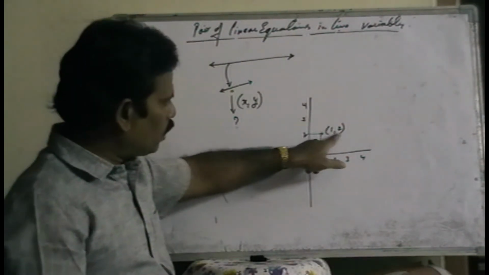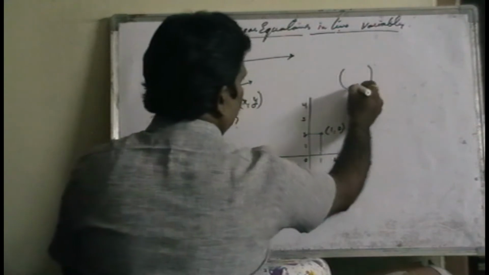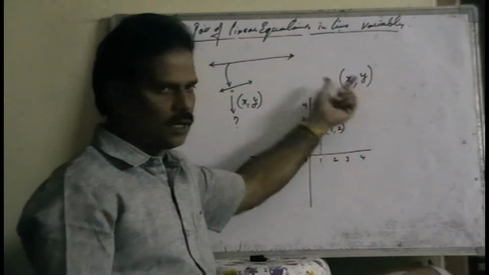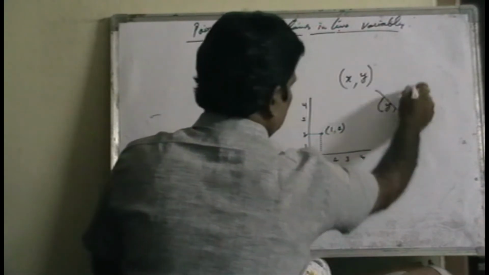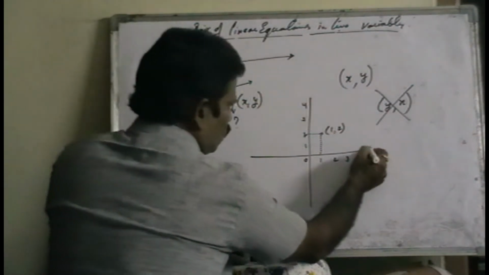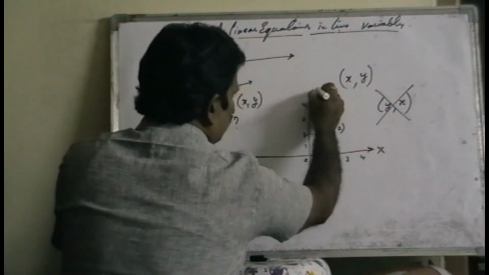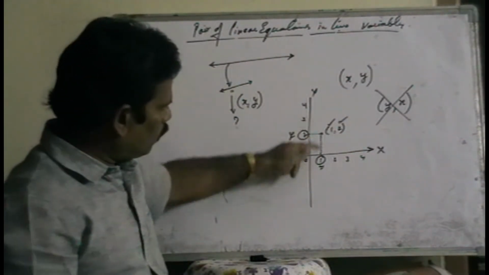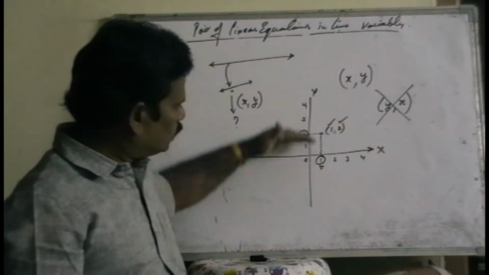That means a pair of two coordinates, an ordered pair. Pair means 2. A pair of two coordinates, x comma y. That is the general form of a point, the general form of an ordered pair, x comma y, but not y comma x. X means the horizontal distance, the x intercept 1, along the x axis. Y is along the y axis, so the y intercept is 2. So 1 comma 2 means that point is at a horizontal distance of 1 unit and a vertical distance of 2 units.